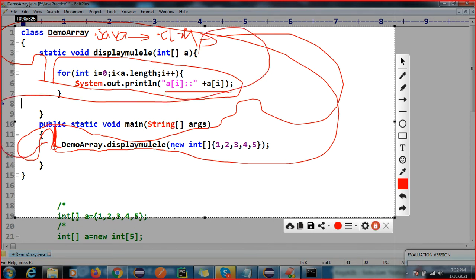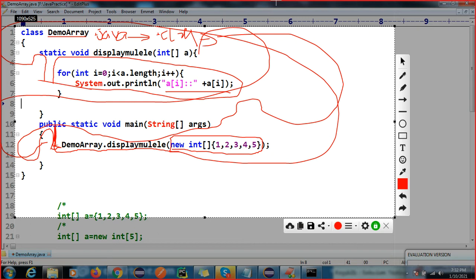But here we have to understand this is called an anonymous array. Where can we use this? When you are using a parameter. This is parameterization, and we are passing the parameter. If you remember, we learned the parameterized method. So we are not passing a simple integer value; we are passing an integer type of array.